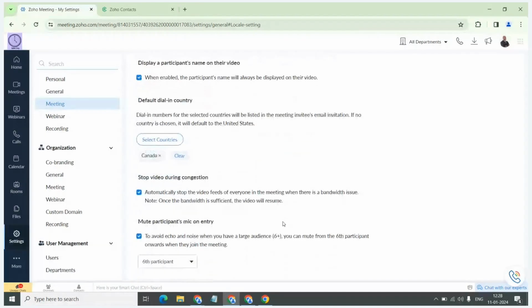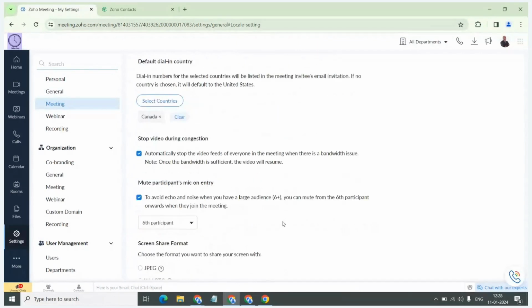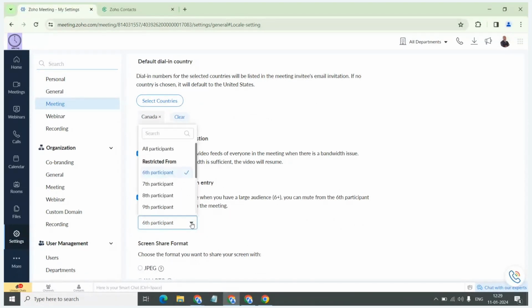As a moderator control, you also have an option to restrict the microphone when the participant is joining this session. If you are expecting a large number of participants in your meeting session, you have an option to restrict microphone access for all participants as soon as they join the session. So they will join in muted state. Or if you want to restrict from a specific number of participants, you can start with 6